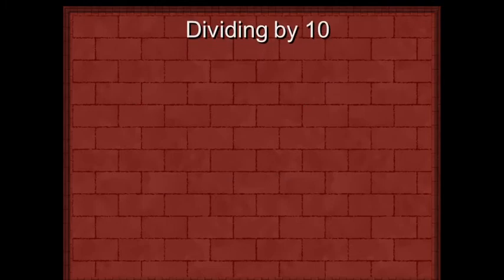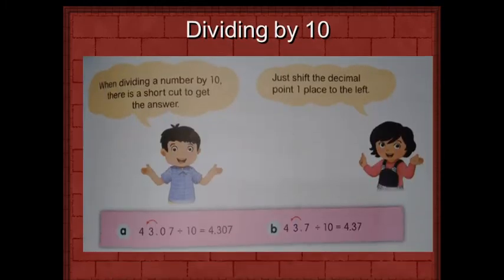Now start with dividing by 10. When dividing a number by 10, there is a shortcut to get the answer. Just shift the decimal point one place to the left. Example 1a, 43.07 is divided by 10. Since 10 has only one zero, the decimal point moves to the left one time, between 4 and 3, so the answer is